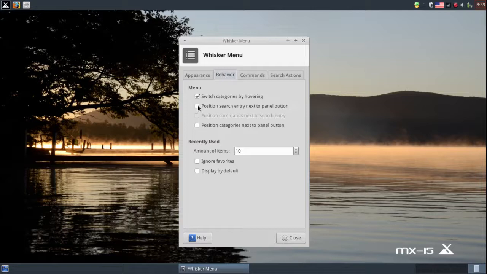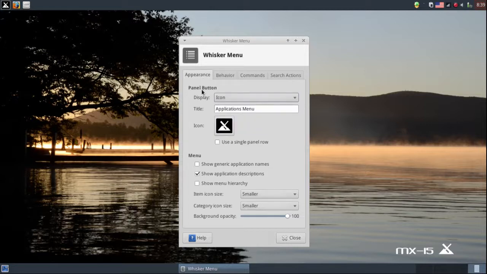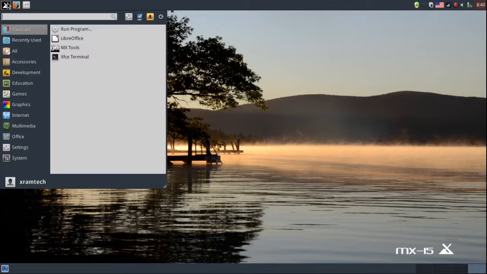I'm going to leave checked switch categories by hovering. I'm going to check position search entry next to panel button, position commands next to search entry, and position categories next to panel buttons. Now I'm going to go back to appearance, and I'm going to uncheck show application descriptions. I'm going to close. So now the whisker menu is the way I like it too,